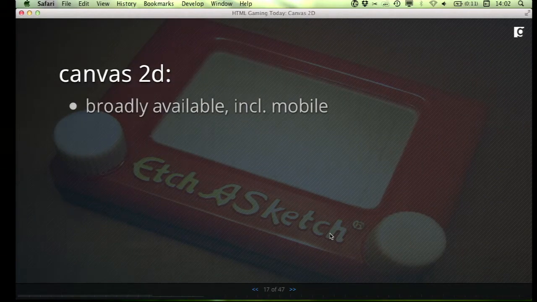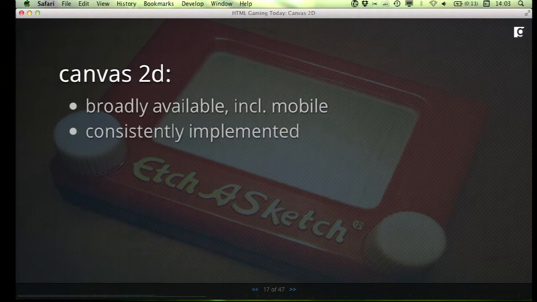Our third option is Canvas 2D, and Canvas 2D is quite ubiquitous. It's fairly broadly available. It's an older standard. I believe it was first proposed in about 2004. It's on almost all mobile devices, most desktop, basically all modern browsers support it.